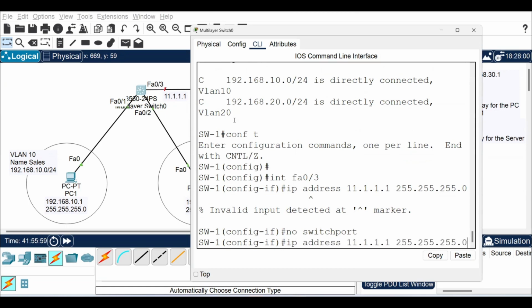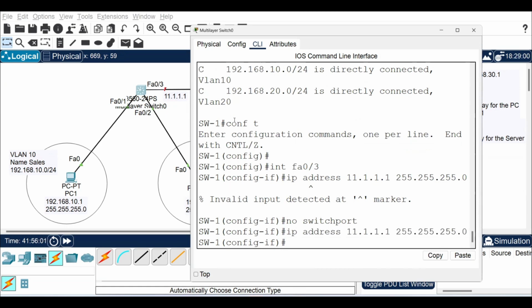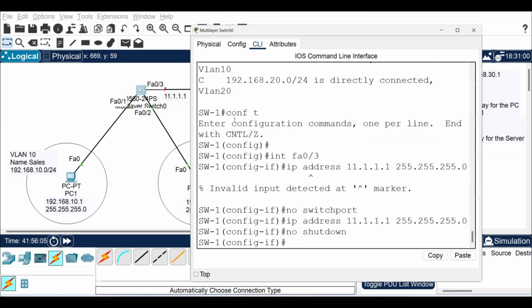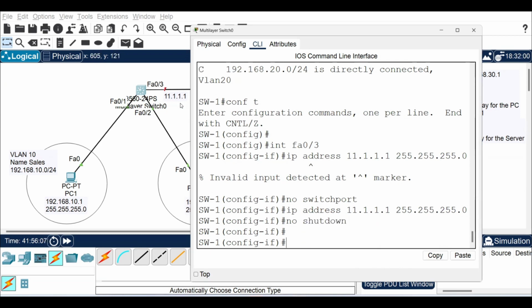After that, if you configure the IP address, then it will take it, and say no shutdown. In this way, in a layer 3 switch, we say no switchport. That means it's now a router port. And then we can assign an IP address. After that,